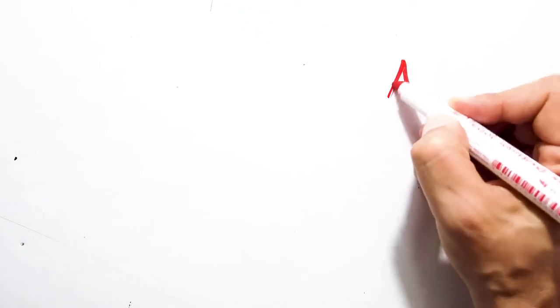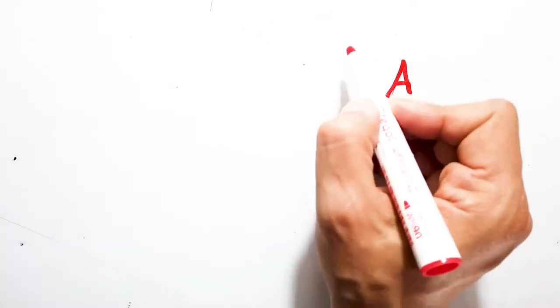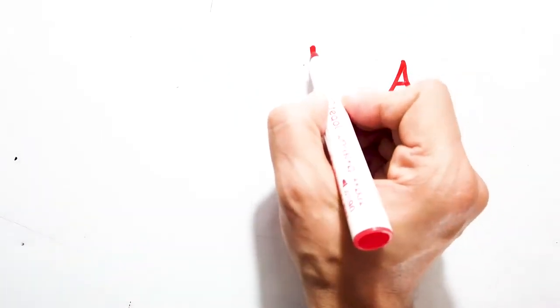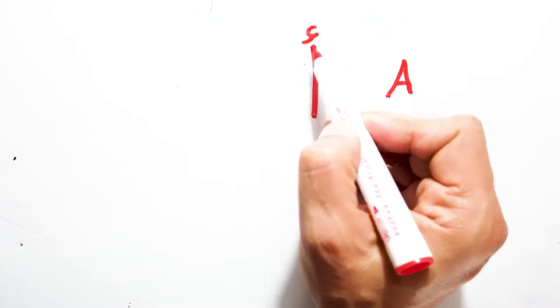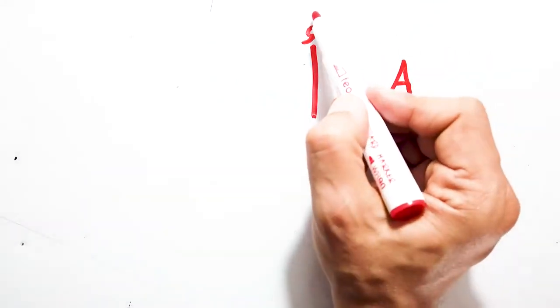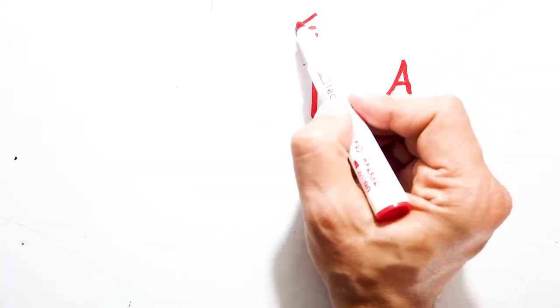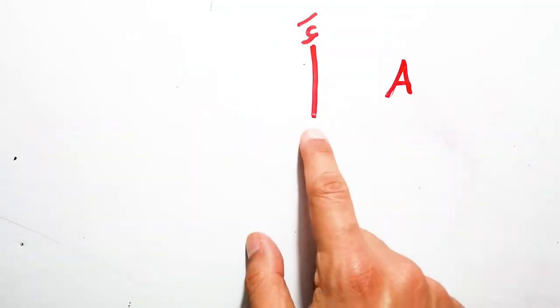So the first one, its sound is a, like the letter A in English. So again, the sound is a. How do we write it? We write it like this. And then we add here Hamza. We call it Hamza. And then we add this mark on the top, Fatha. We learned it in the previous classes. Now the sound is a.